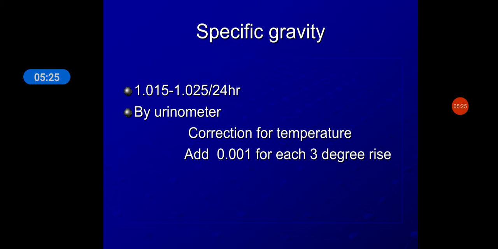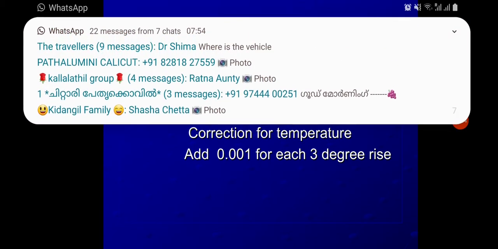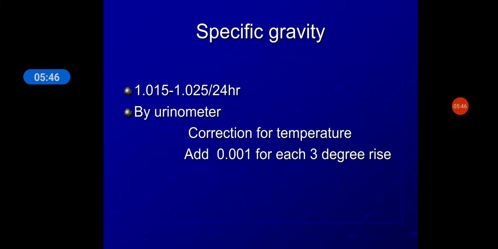So as I told you, there are 6 physical examination parameters, right? So what are the parameters? First one was volume, then you have odor, color, appearance, pH, and specific gravity. So these are the 6 physical parameters which you check for every urine sample you get, right? What is a normal specific gravity? It is between 1.015 to 1.025. This is very important for you. You need to know all these things. For Viva, definitely you will be asked, right?